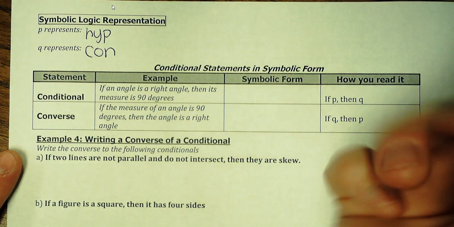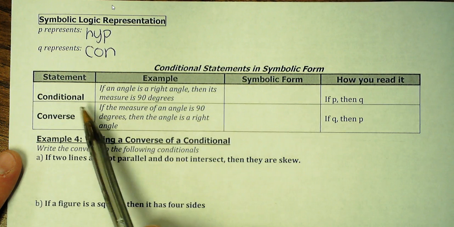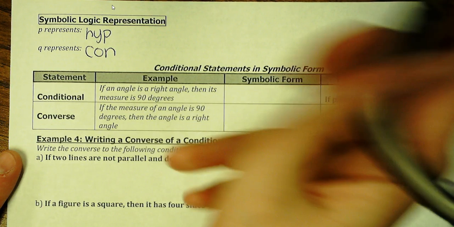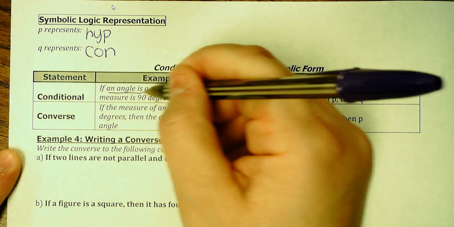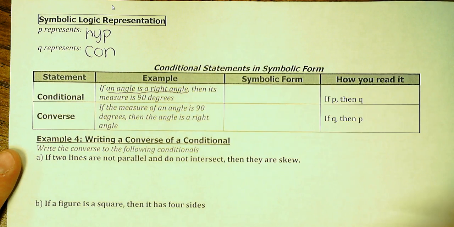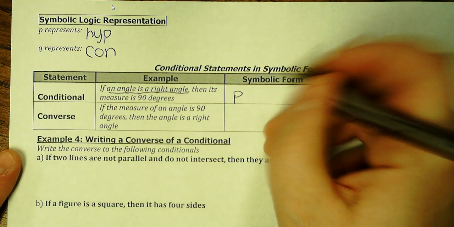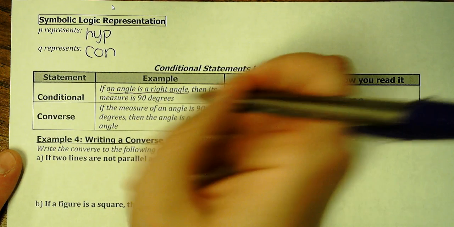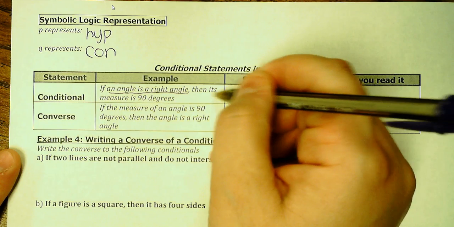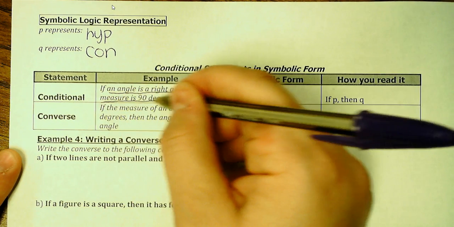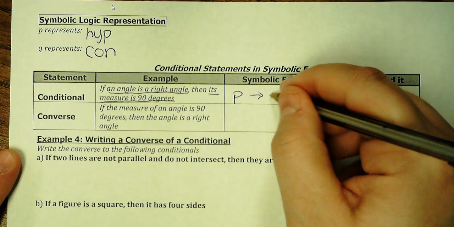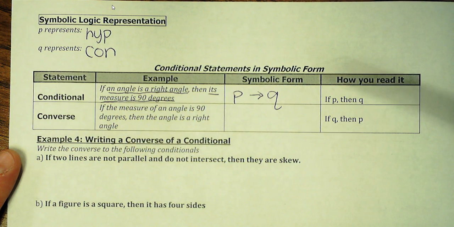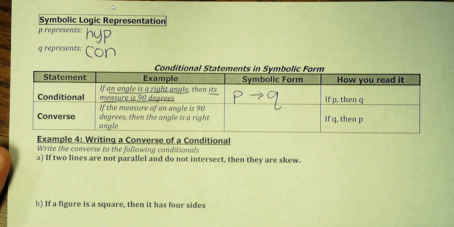And they're going to use a little arrow in this too. Okay, so here's a conditional. If an angle is a right angle, then its measure is 90. So "an angle is a right angle" would be the hypothesis. That would be the P part. Then I'm going to have a little arrow, and it says then its measure is 90 degrees. "Its measure is 90 degrees" would be your conclusion, and that would be the Q. This is read "if P then Q," and that's the little arrow to indicate I go from the original hypothesis